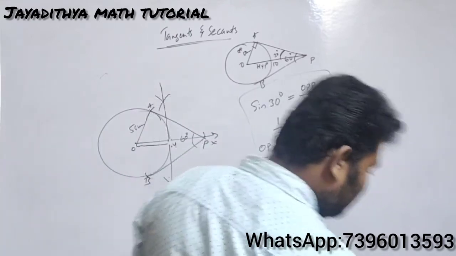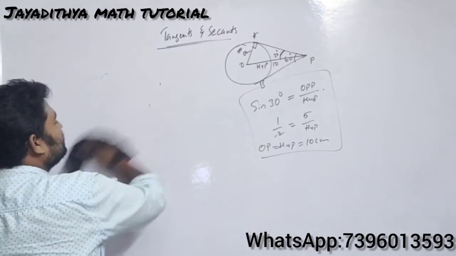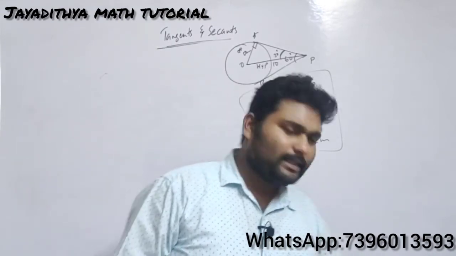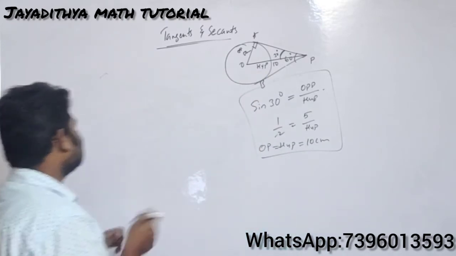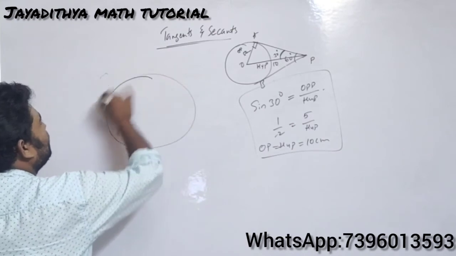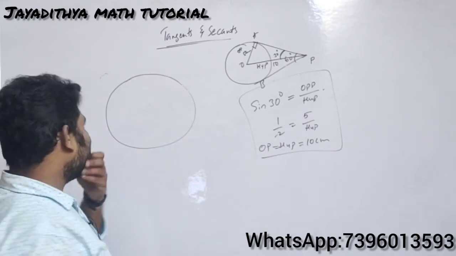And the last one is how to draw a tangent to a circle when it is drawn with a bangle. The only thing is you should find out the center. How to find out the center, I am only giving you the hint there. If you have any doubts, do comment in the comment section. I will explain it once again.